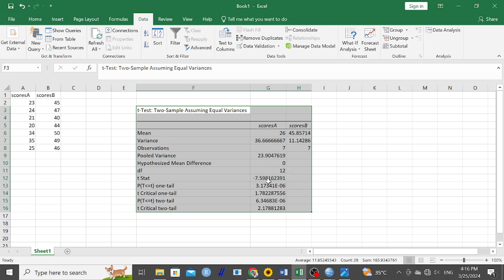So this is not the end of it. We need to go to the p-values. You can see the hypothesized mean difference is 0. So the p-value to take our decision for two tail is 6.3, that is 0.0000, you have 5 zeros there before you write 6.3. This is a very, very significant